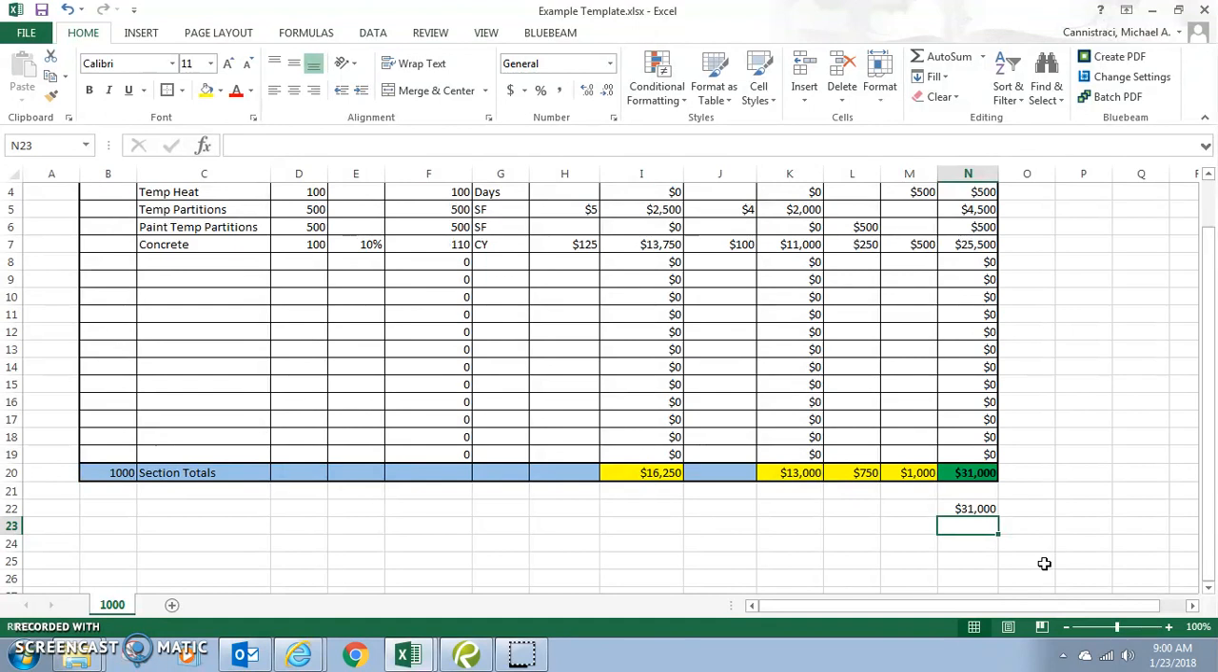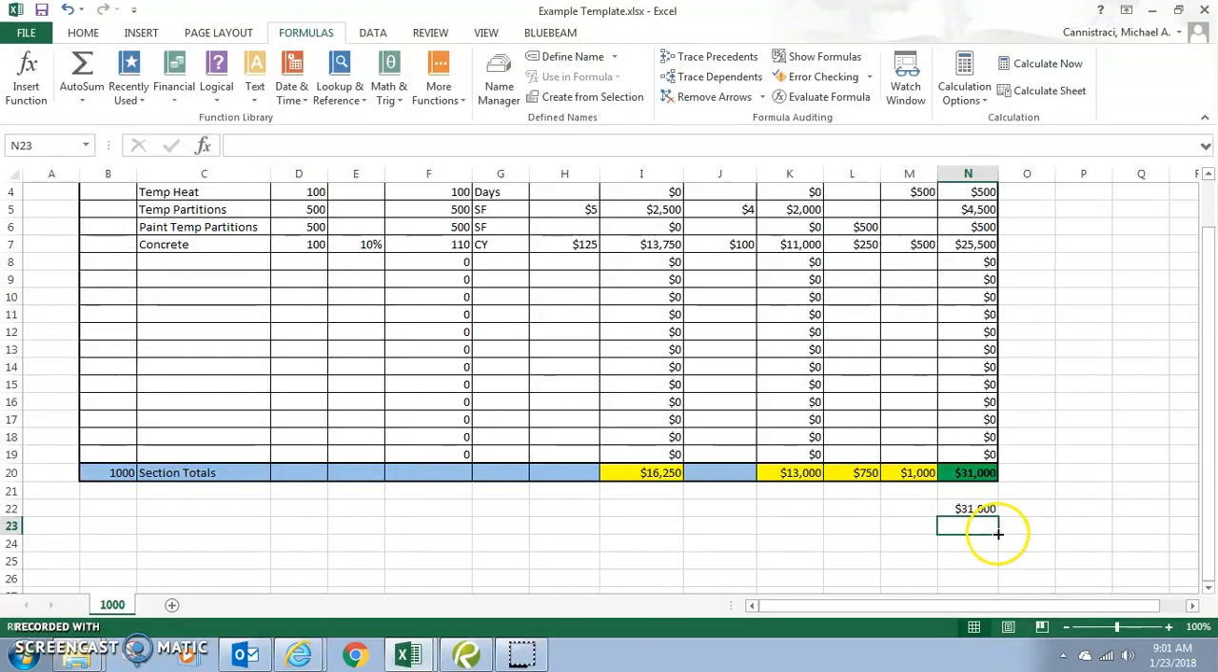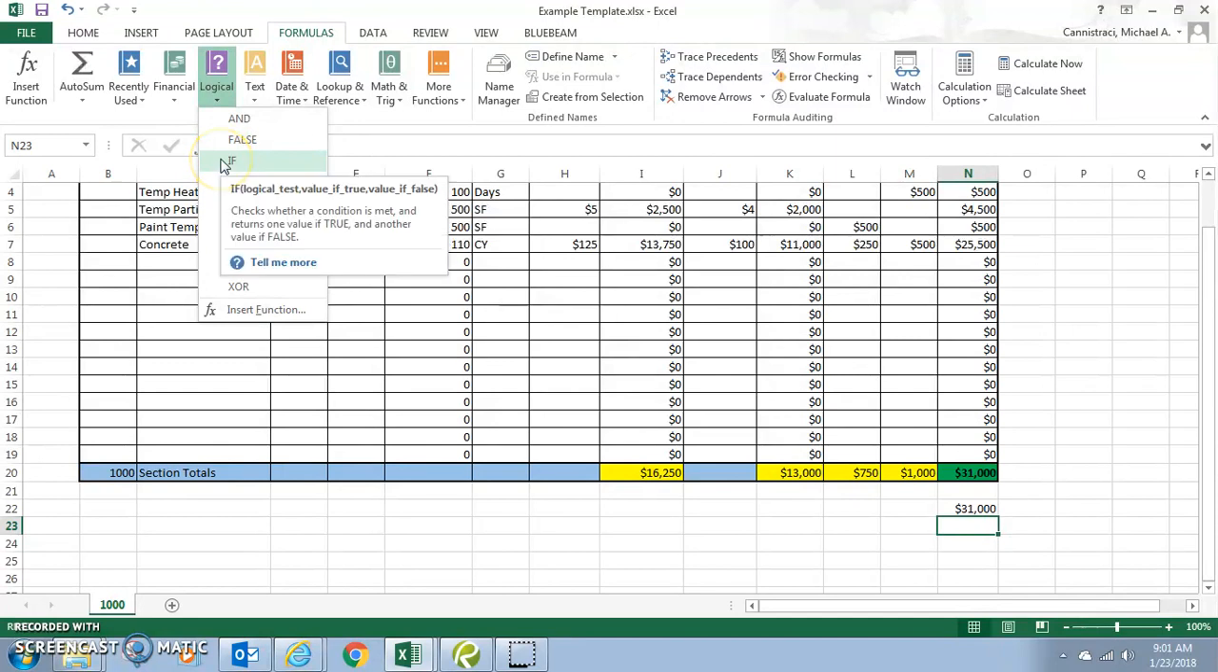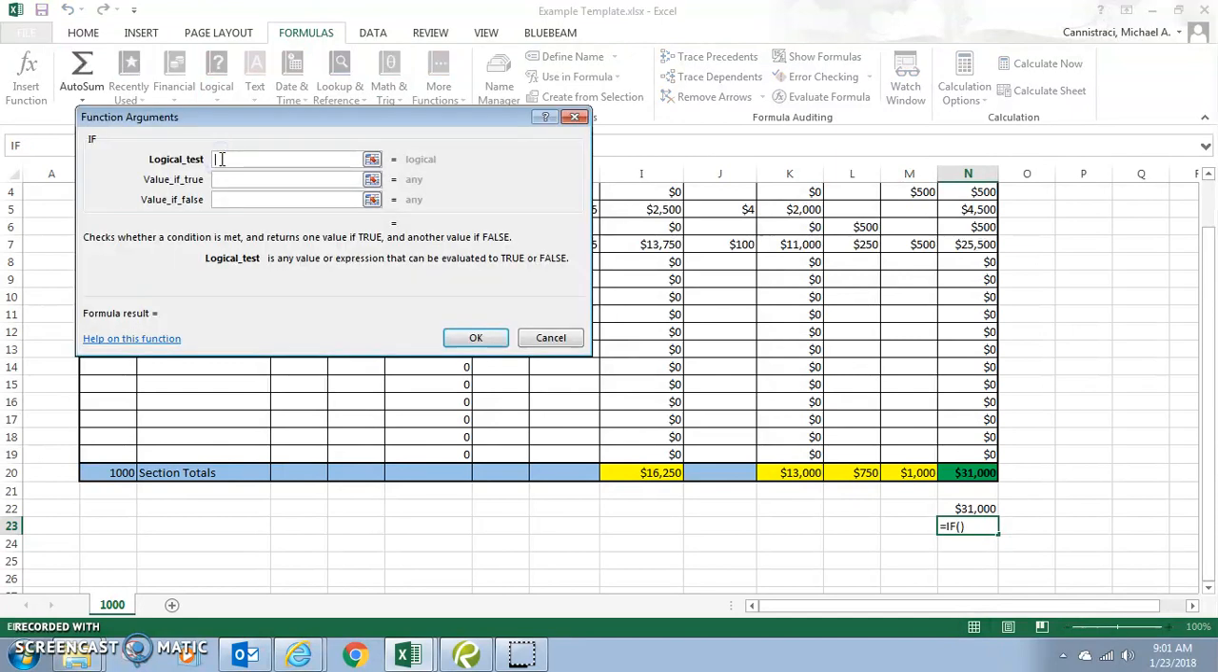But we could take this one step further, right? And have the spreadsheet check that for us. So I'm going to go back to formulas on my tab here, and we're going to use a logic statement. So we'll go into here, logical, and we're going to use an if statement. My logic test, what I want to test is, does this equal this? And if it does,